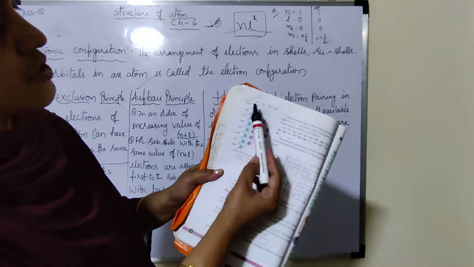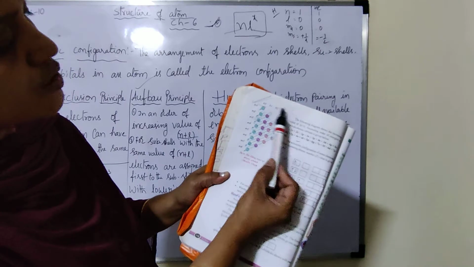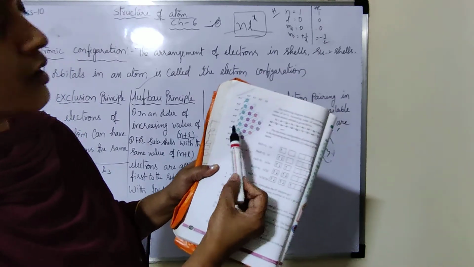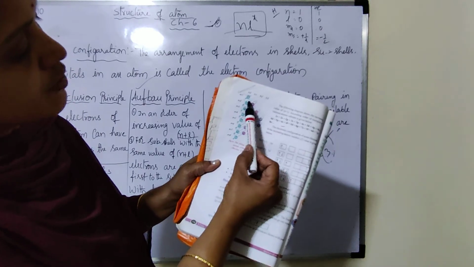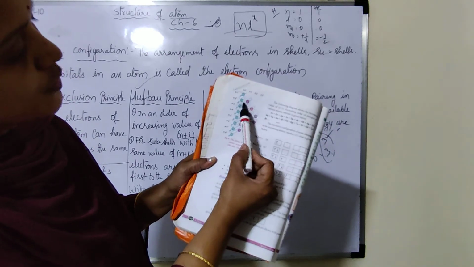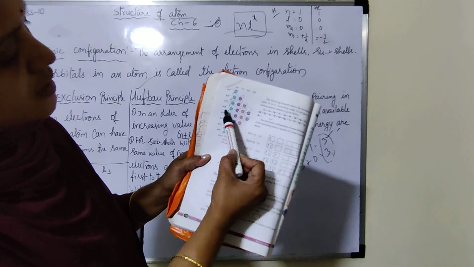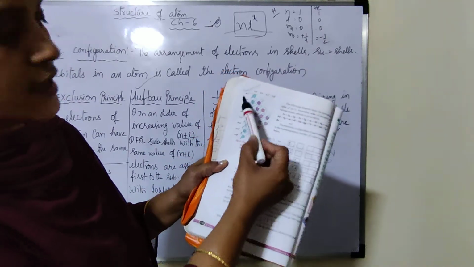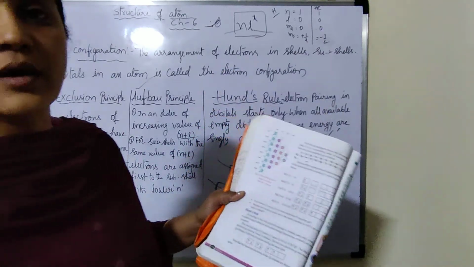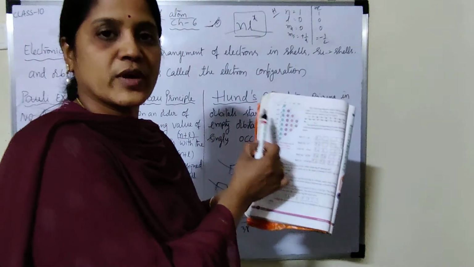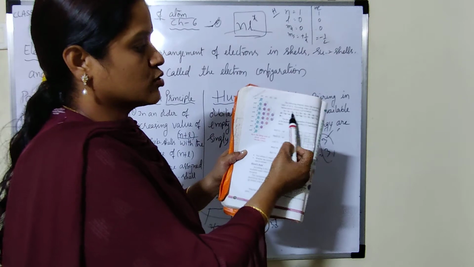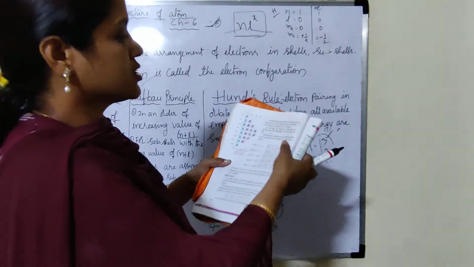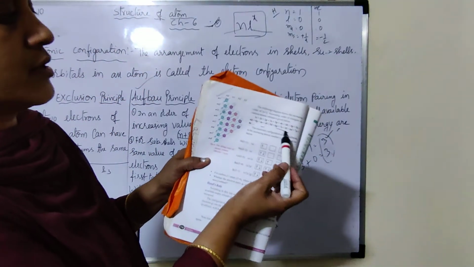Here you see, first the arrow marks, these values are very important, so you have to follow them. First you have to fill 1s, after 1s, 2s, after 2s, 2p, after 2p, 3s, like that. The arrow indicates the direction; you have to follow the arrow. This diagram is very important. Along with that you have to write this ascending order of the energies of various atomic orbitals.